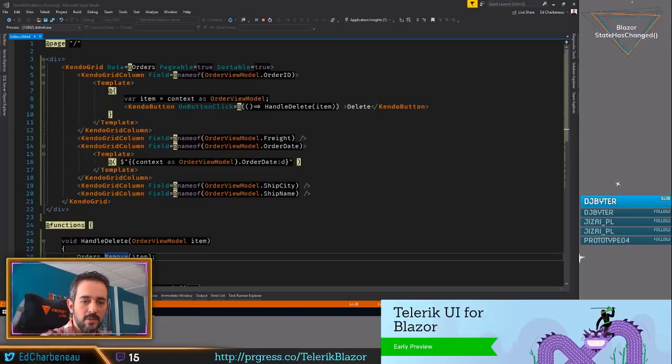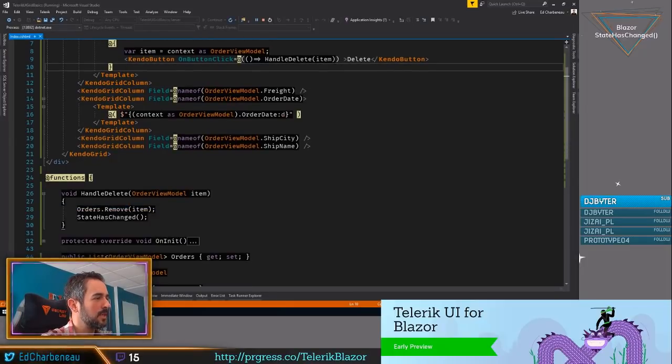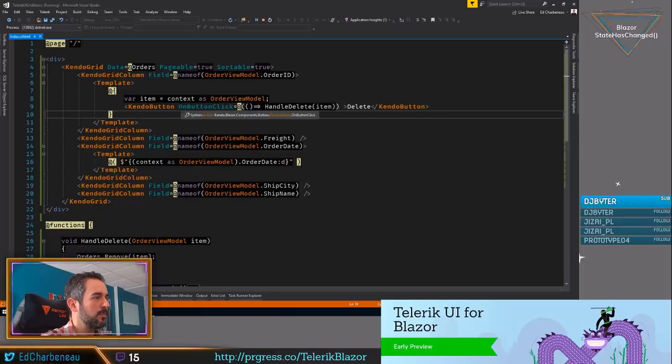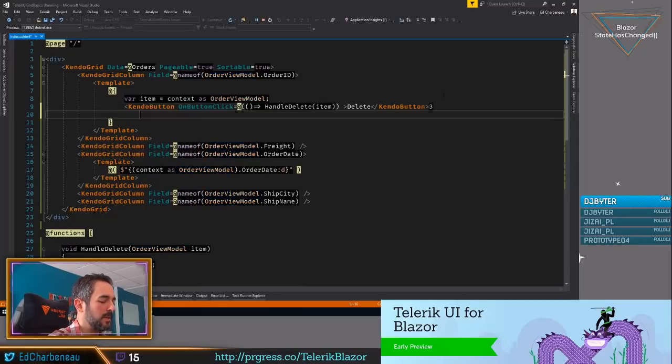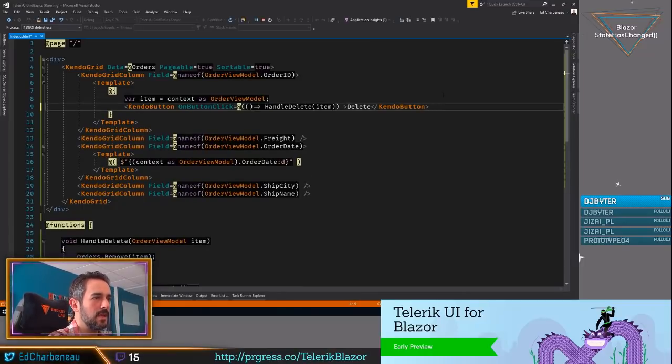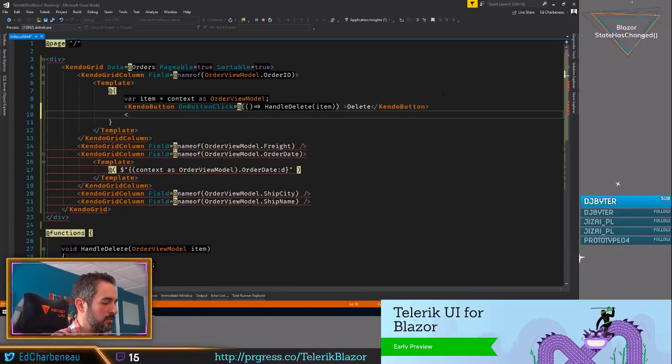Let's see. Components can have component parameters. Yes. So this was a little bit different than handling a component parameter. This is just utilizing an already existing parameter. Usually they have, like if I did another type of button in here, this is the Kendo button. There's other types. If you just use a standard HTML button, the onclick